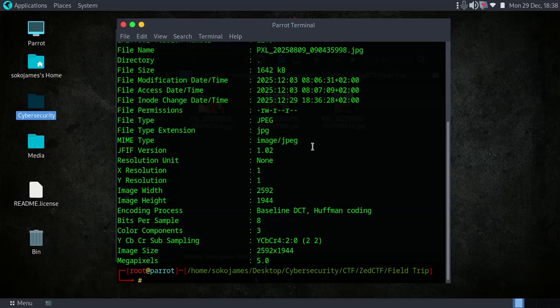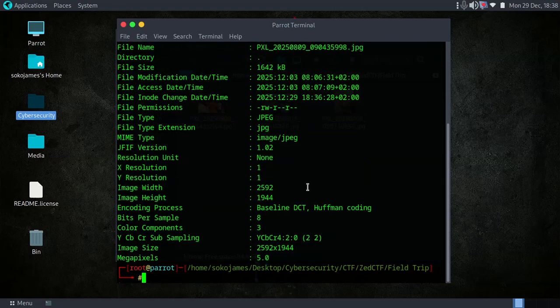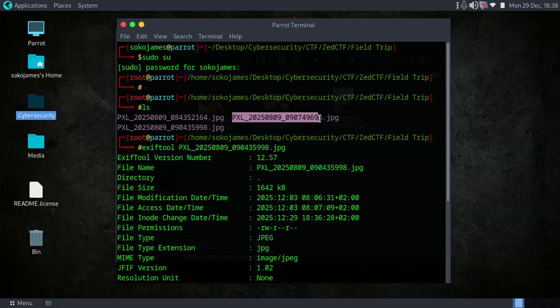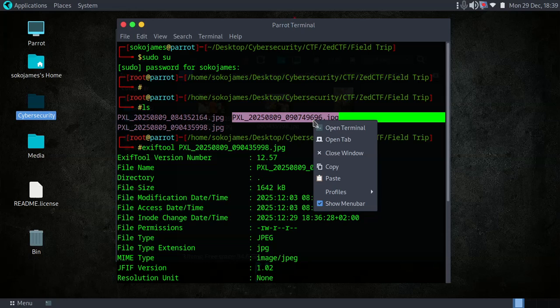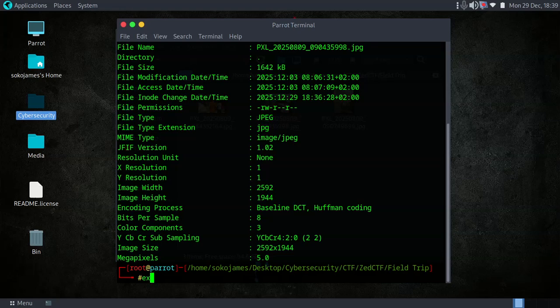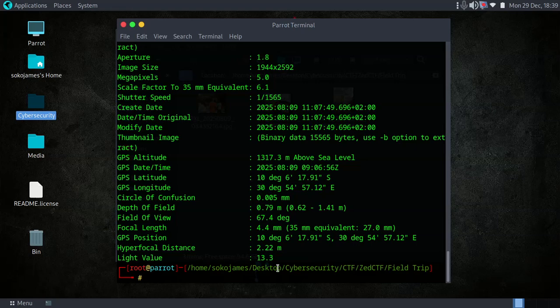So we can try to look if we have any GPS location for this particular photo. So this one happens to have no GPS location. So we can try out another photo. Maybe let's try this photo which is ending with 96. Maybe this one. You know, these things are a try and error thing. So ExifTool, then you just paste the name of the image. Okay,